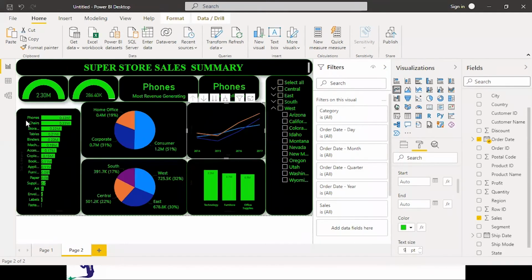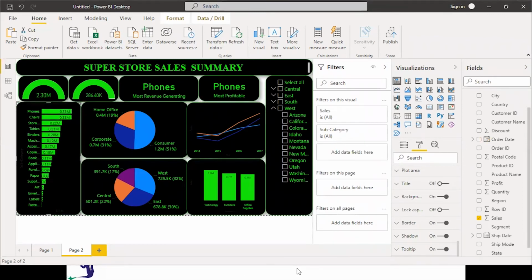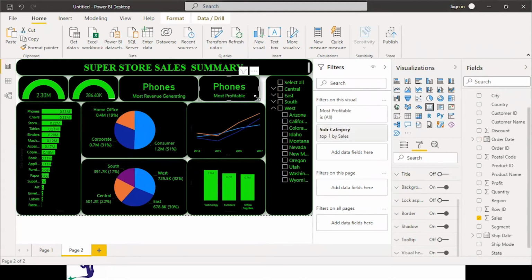Okay, it is not increasing, and here it goes. Right, so we have created a report over here, and we have put in all the visuals.